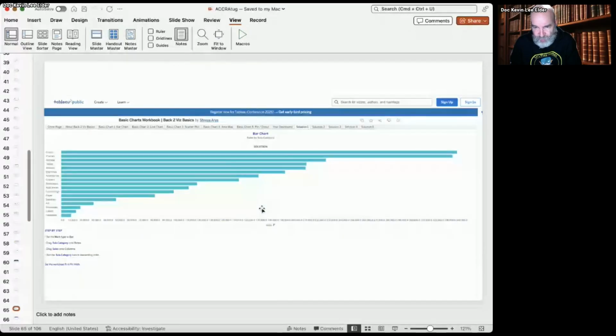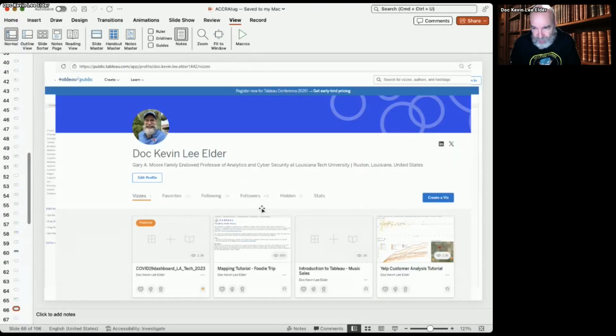And what's really nice about these are they are often these Tableau visionaries or Tableau ambassadors, or often it's someone who's going to be an ambassador or a visionary. And you get to see them when they're first starting out and seeing some of the cool things that they're doing. So here's my Tableau Public page.